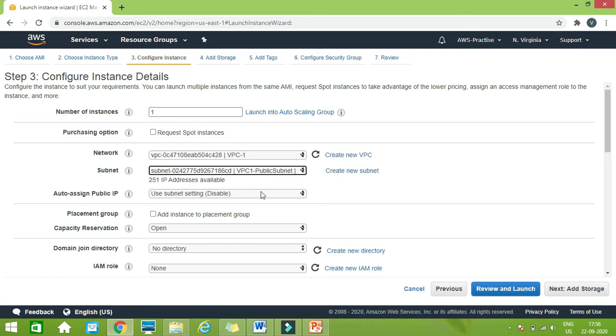Then whenever you are going to create any server inside a VPC, by default it will not assign any public IP. Like in the previous case, when you create an instance in the default VPC, this field is enabled. But if you create the instance in a private VPC, then by default this is disabled. This means the instance will not be assigned any public IP. That means there is no possibility for that instance to communicate with the outside world. But we want to create a server which must have a public IP, so we will enable this.